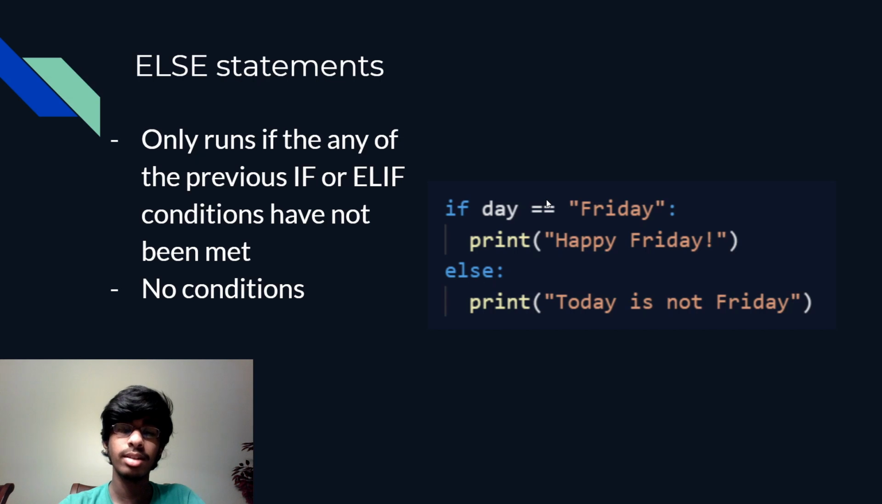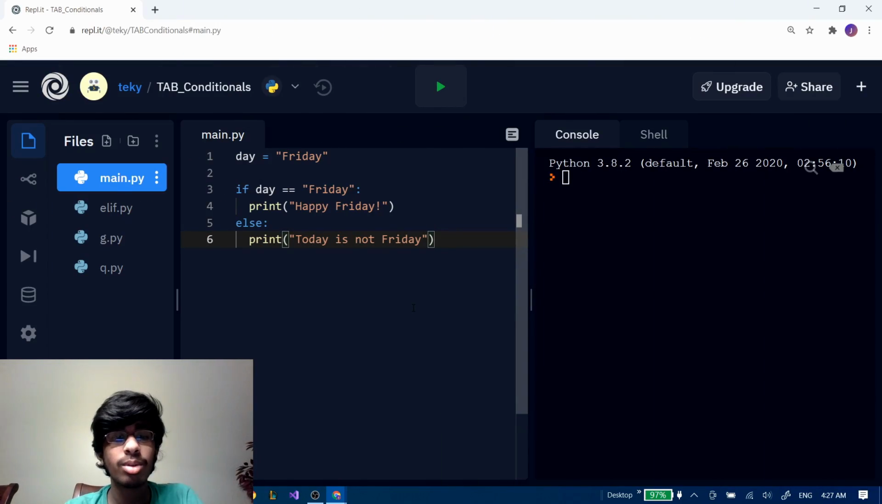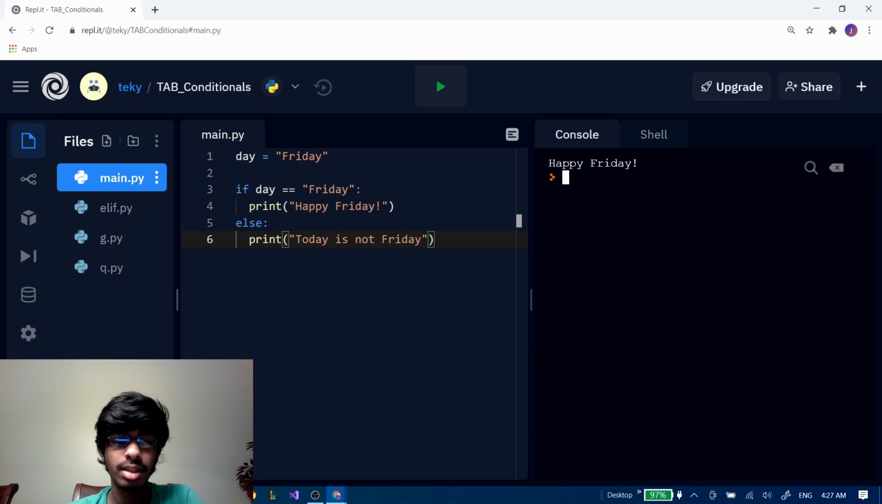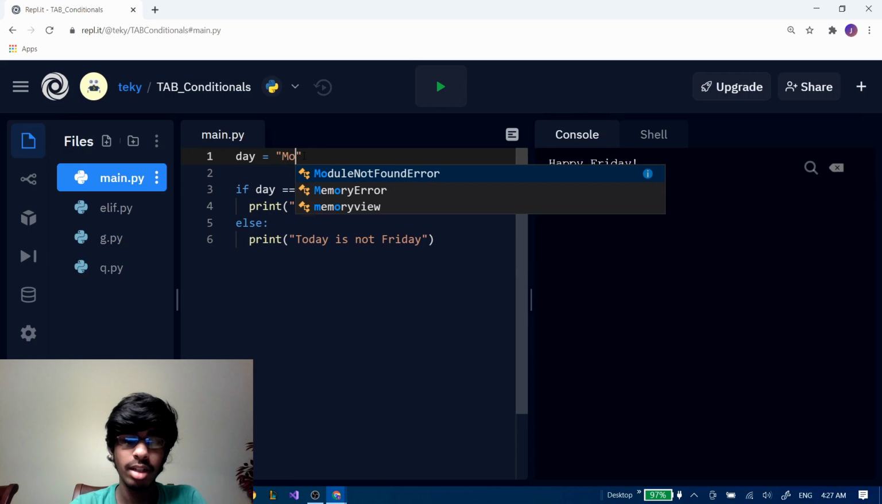Let's take a look at this example in Repl.it. So here we are on Repl.it, and we see the same example that we saw on the slides before. I declared the variable day and set its value to Friday. When we run this code, the program should print Happy Friday because the variable day is equal to the string Friday. So let's just hit run, and we see just that. It prints Happy Friday. Now if we change the day and make it into anything that makes this condition false, such as Monday for example,